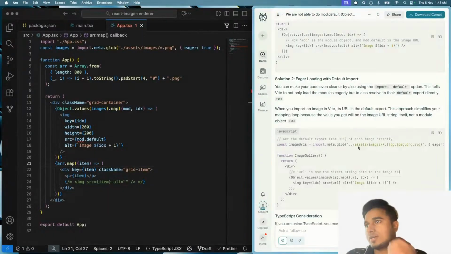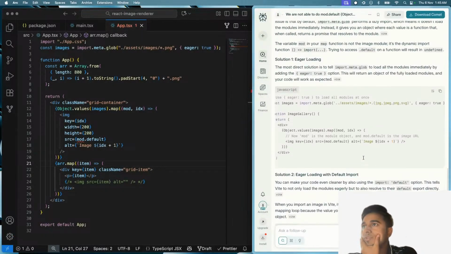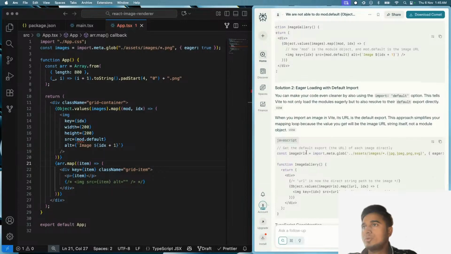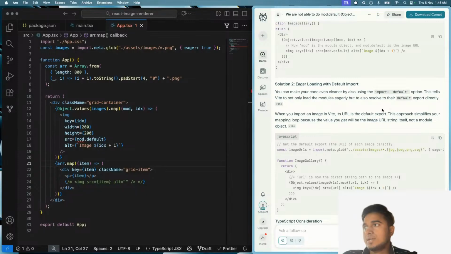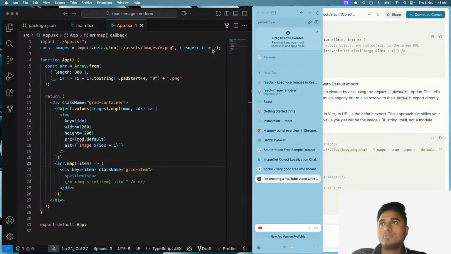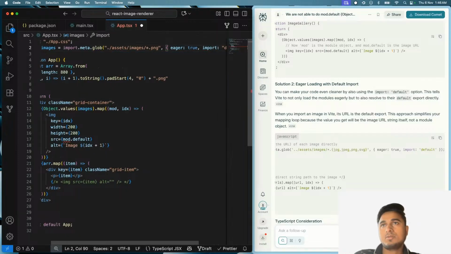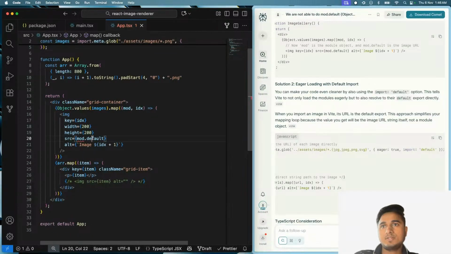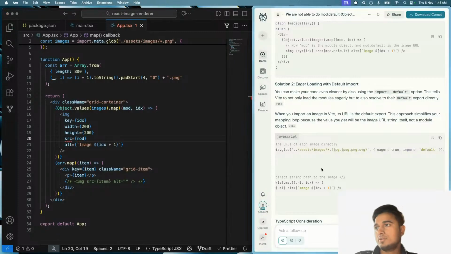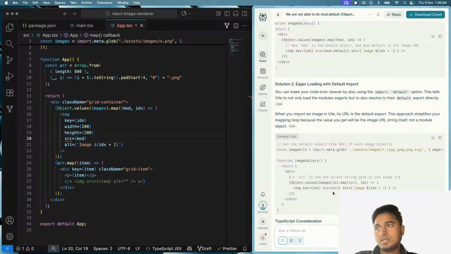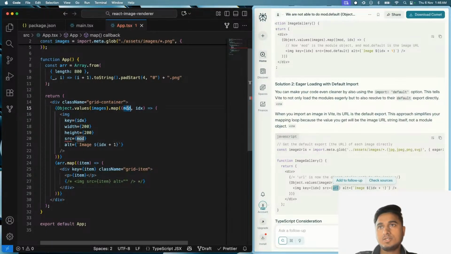Now let's try another way that they're proposing. First is eager loading. Eager loading with default import. You can make your code even cleaner by also using the import default option. This tells it to not only load the images but also to resolve to the default export directly. So you can say import and it can be default. If you do this, you are fine. You can do key idea, src url, which would directly resolve to a URL,